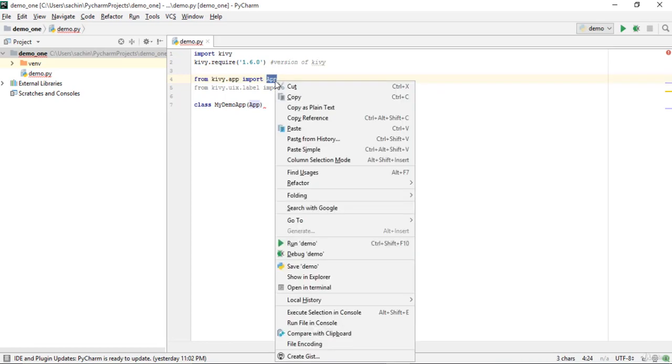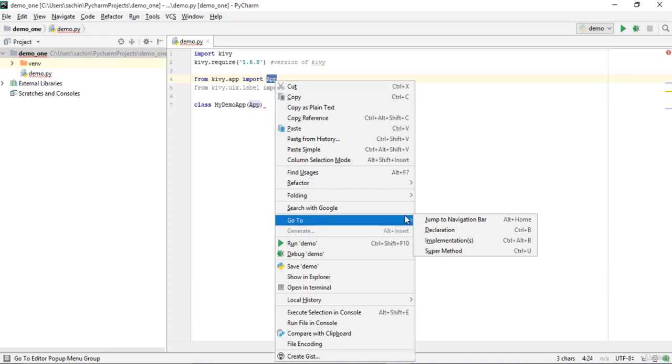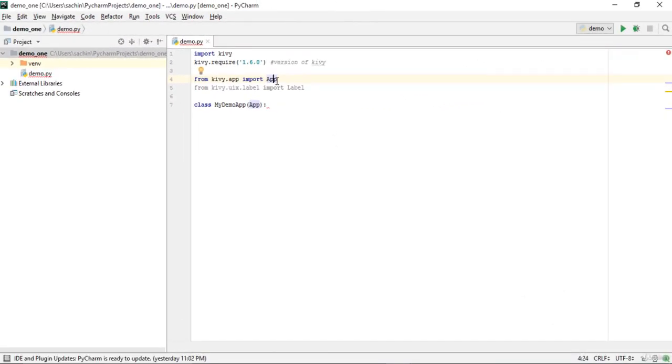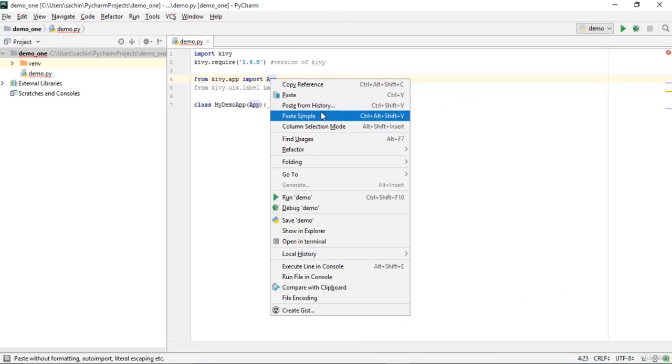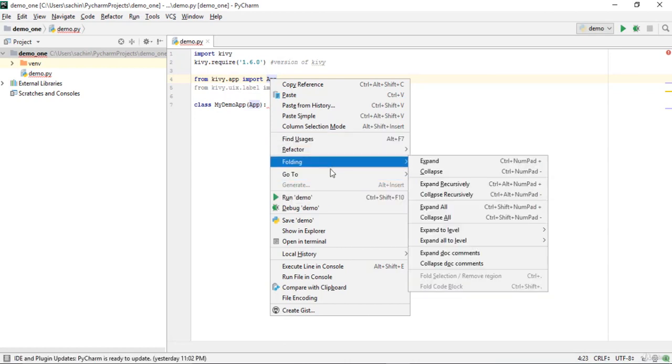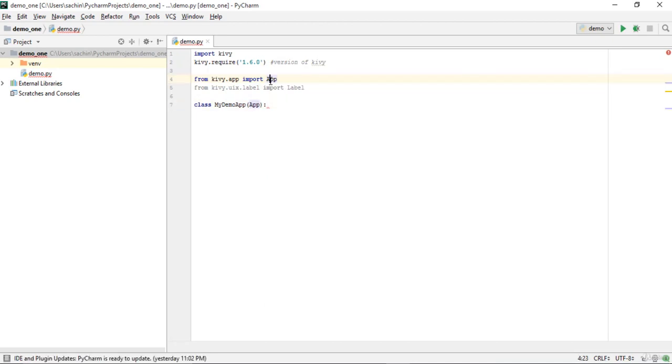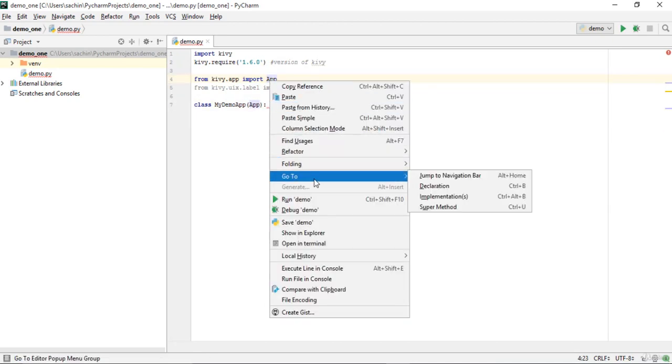This App module is basically in order to reference the methods that are implemented in this app. First of all, I want to show you how this App class looks, which is provided by the Kiwi developer. In order to see that, you just have to left click on this App and click here on Go To, and go to Declaration.